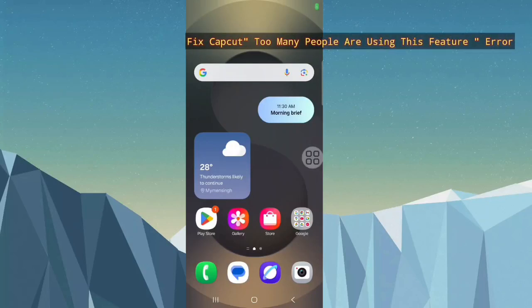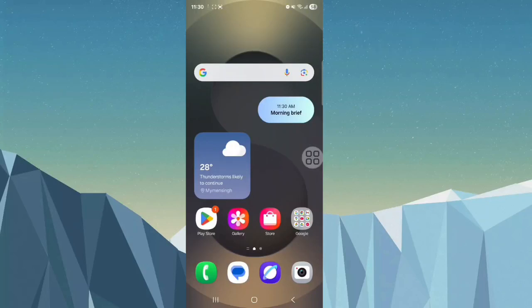Hello everyone, in this video I am going to show you how to fix the CapCut feature error that too many people are facing. Be sure to watch the video to the very end so you do not make any mistakes, and of course